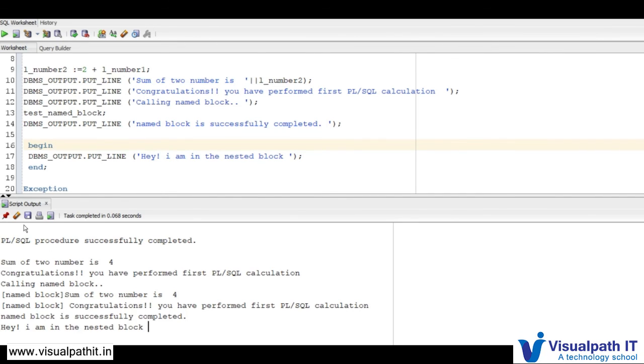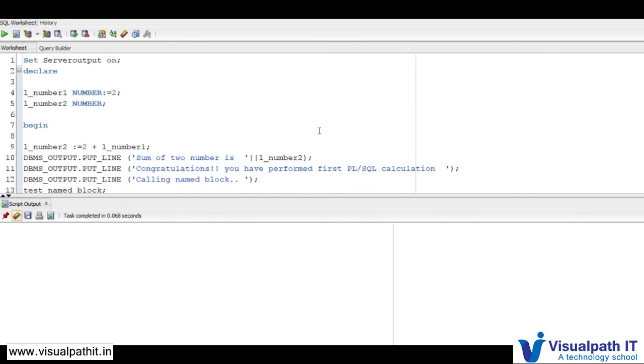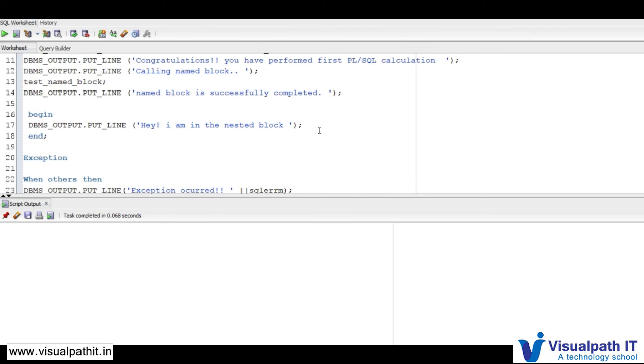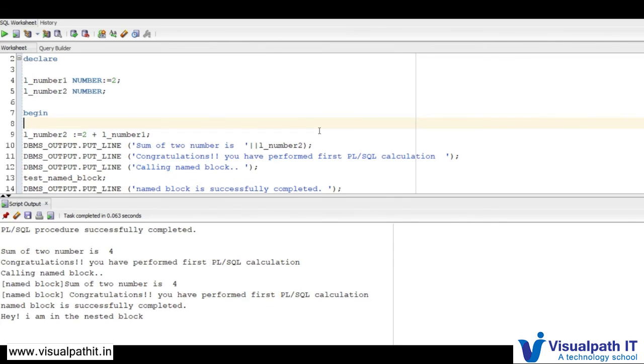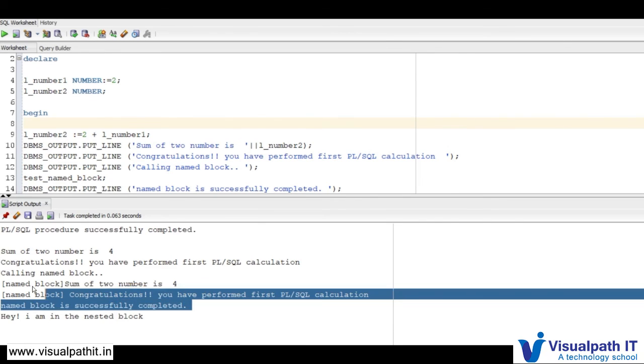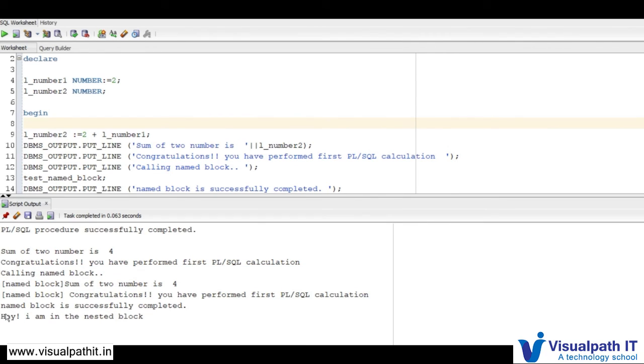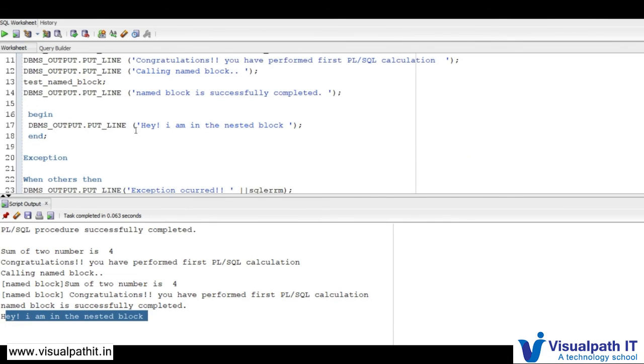See here, named block is successfully completed. After this, there is a nested block where I have defined this message, hey, I am in the nested block. So that got printed.